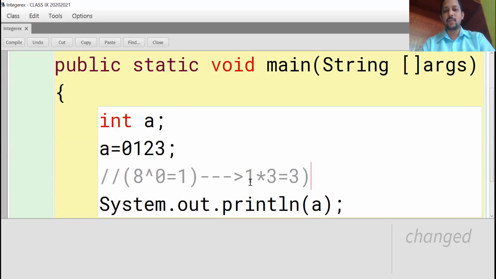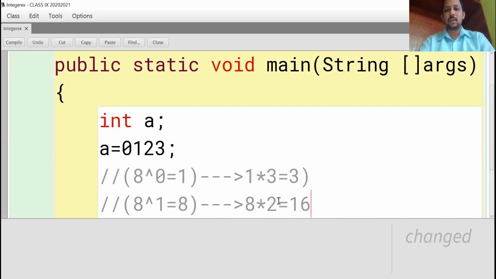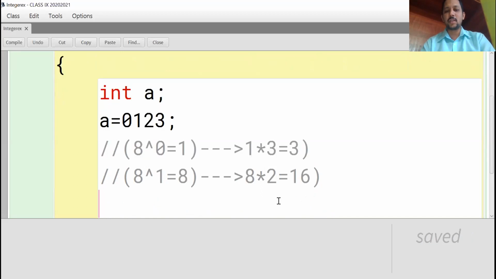So the next step, see. 8 power 1 is equal to 8. 8 into what is the position? 2 is there. 8 into 2, 16. So this is the second step.